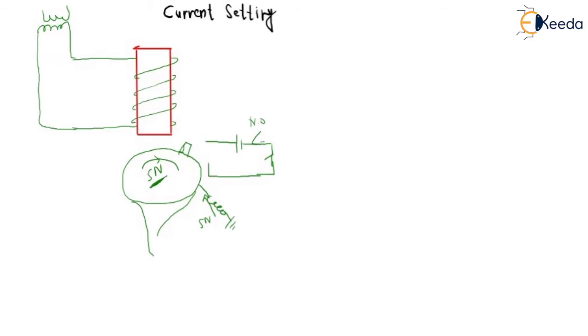So we do not want to change that value, but we want to change the pickup value of current. So basically what is pickup current? If this is 5 Newton, so this is 5 ampere. So if the secondary current is greater than 5 ampere, that would be the pickup current for this relay, meaning the minimum amount of current above which the relay operates. That amount of current will be called the pickup current.